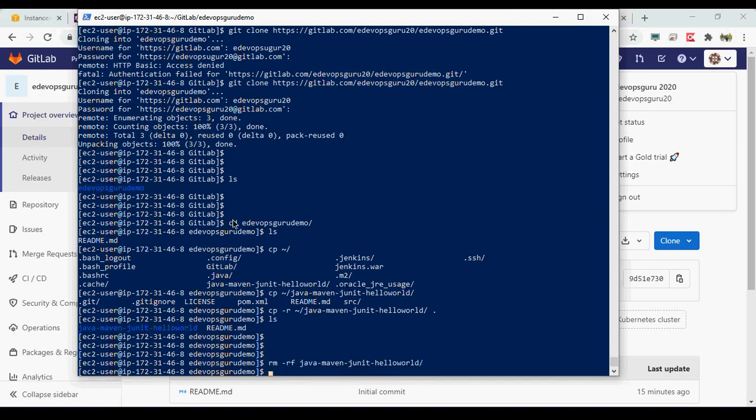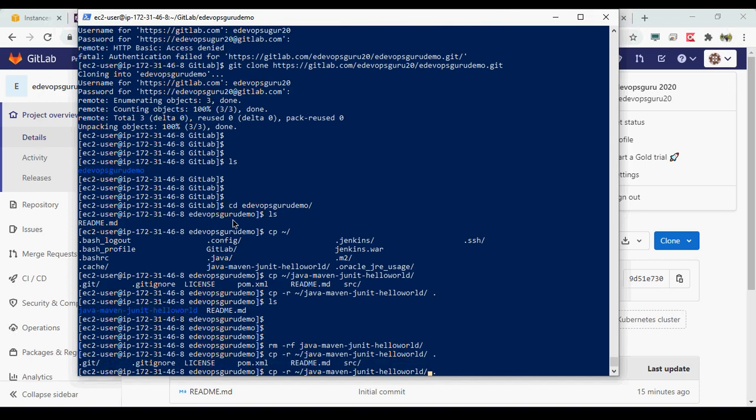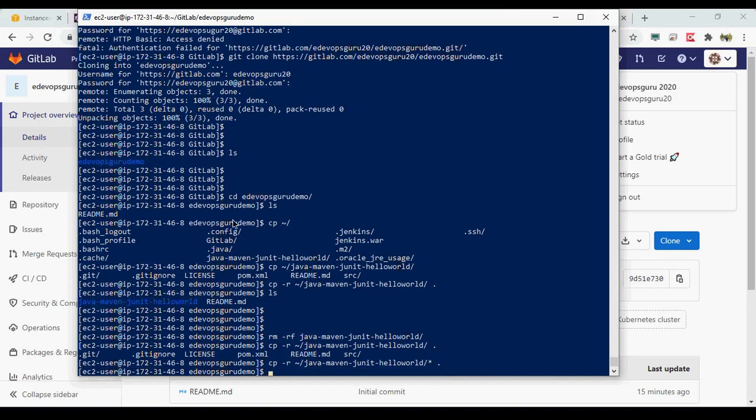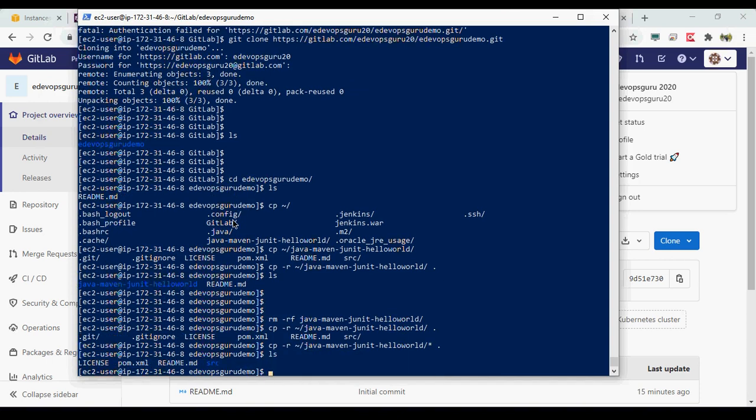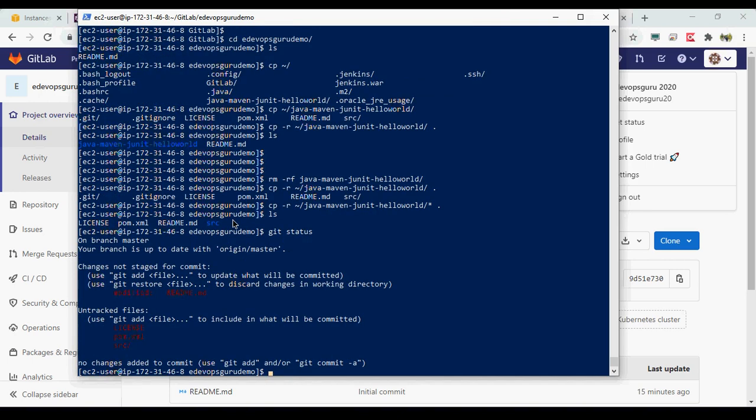Basically we just need the content of that particular folder, so star, star to here. So this is what we have copied from here. Basically now we have added the code. Now we need to do the git add and then push this code to your remote repository.